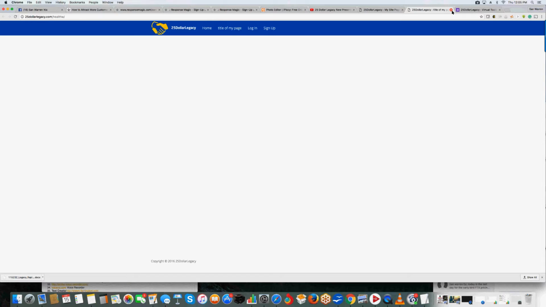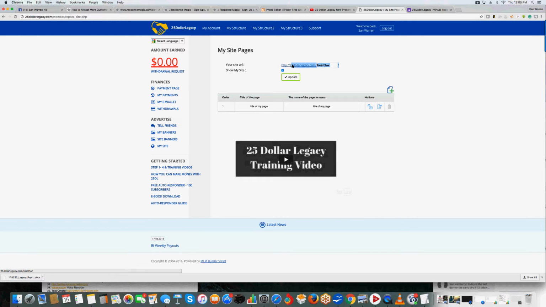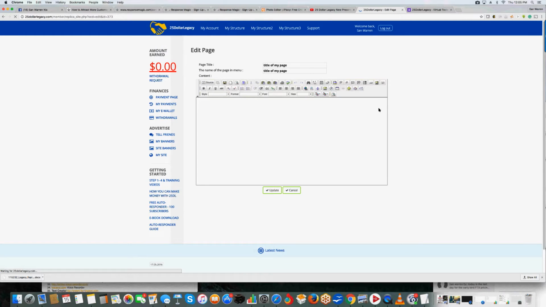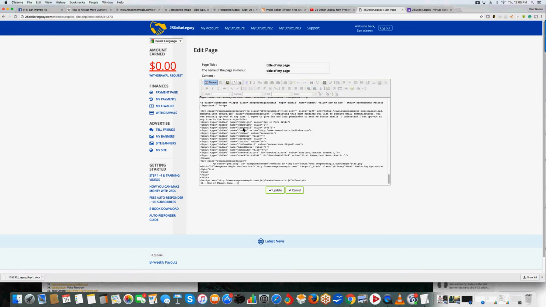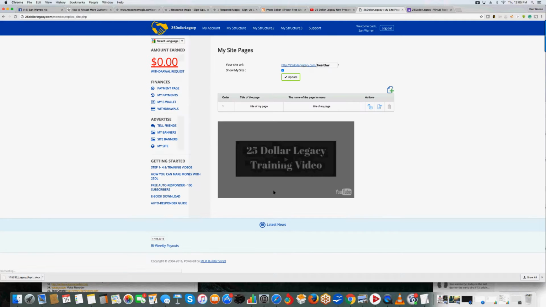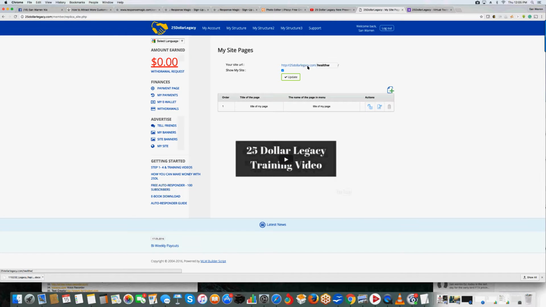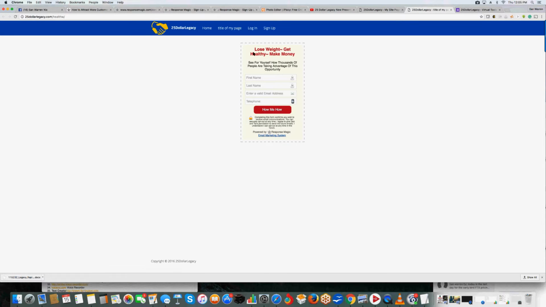For those people that still try to master copying this whole thing, for some reason mine will do it, but some people won't, where I can copy the whole thing like that. But right here with the code is where you want to go to the source. And then you will have your content on like Ramon has up there. And once you have that on there, you want to paste that code in there. Now, you hit update. Now, once I actually click my link, it should show me right there.